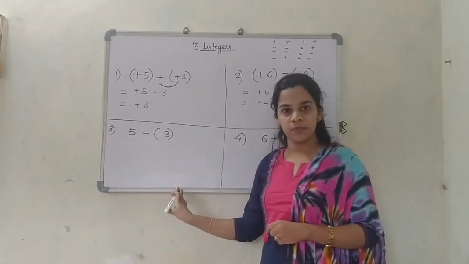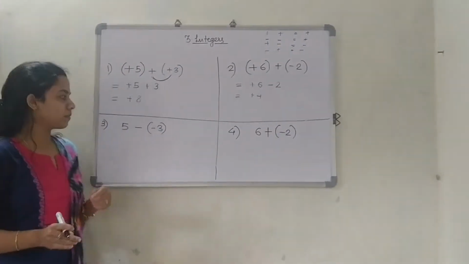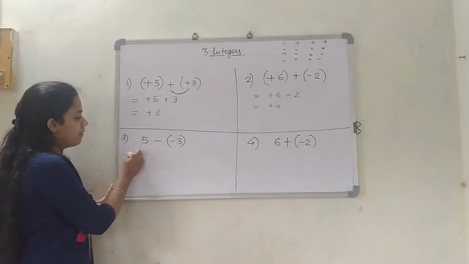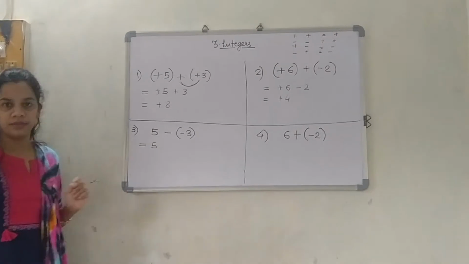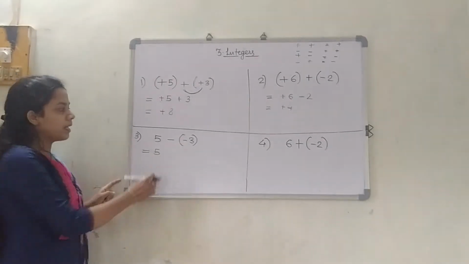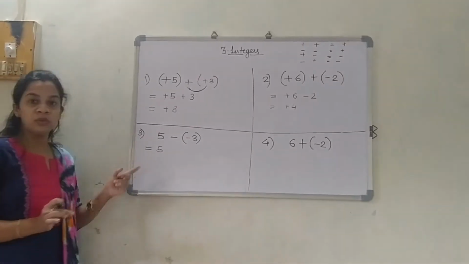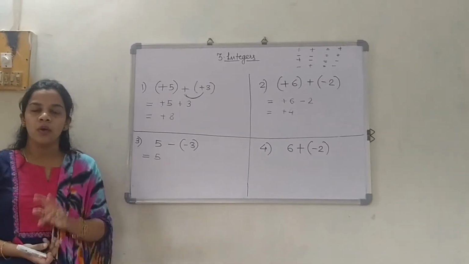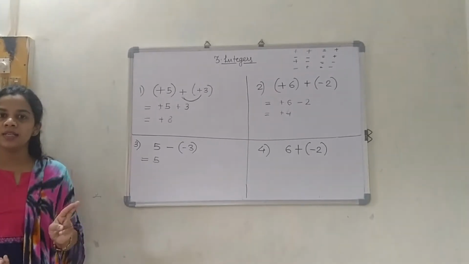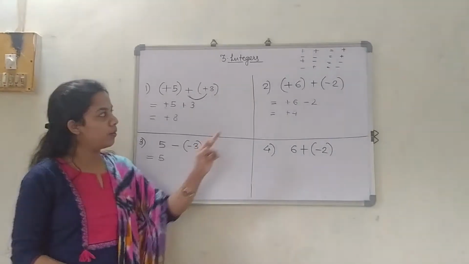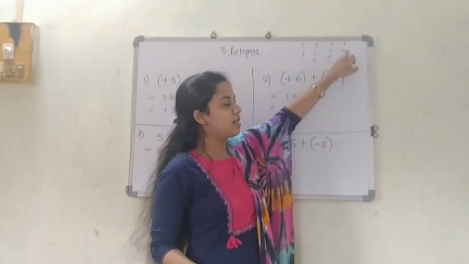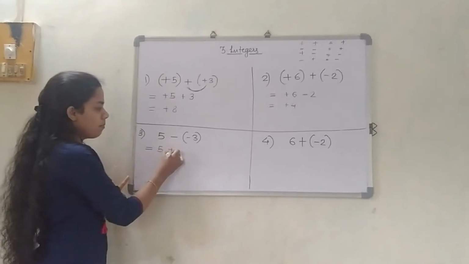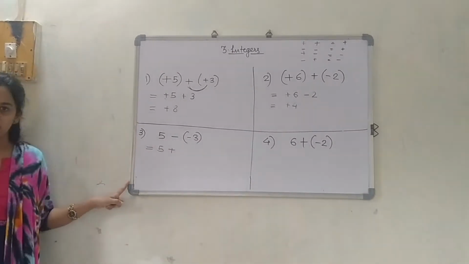We will focus on the next part. Okay, just see here: 5. Now the first number is given without the sign. They have written it as it is, so I am also going to write it as it is. Now second step. Just see these two numbers: 2 times minus. 2 times minus means what? When signs are the same, the answer is what? Positive. Yes or no? We know here, when the signs were the same, the answer is positive. That is, minus minus will be positive. Minus minus means plus.